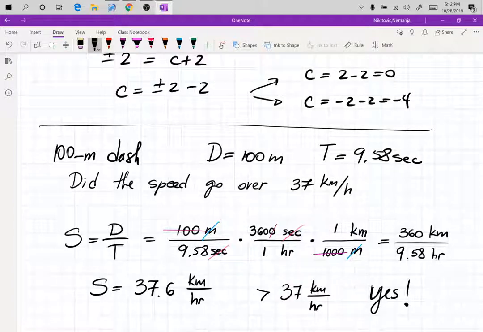If you want to know the speed in miles per hour, you will divide by 1.6. And he was going about 23.5 miles per hour. That's almost 25 miles per hour, right? He's not breaking that speed limit, but it's out there. The fastest man on the planet can't even break 25 miles per hour. Yeah, we're doing great as a species, right? Woohoo!